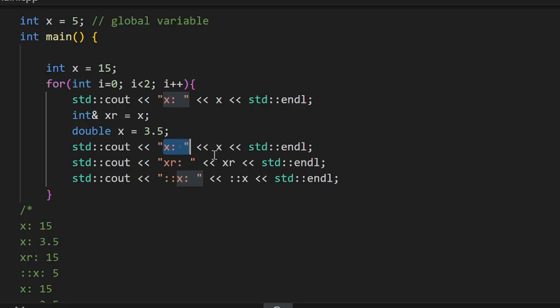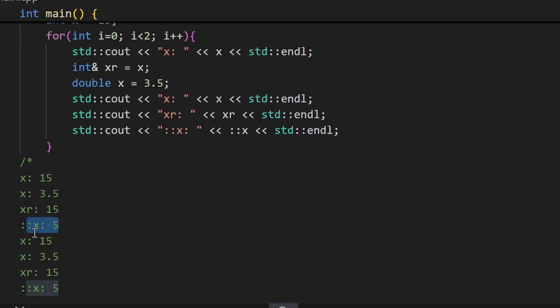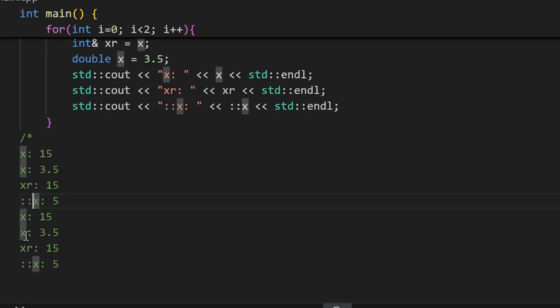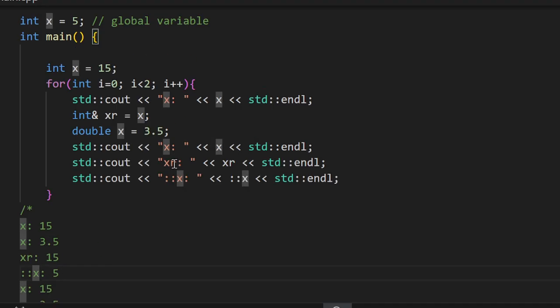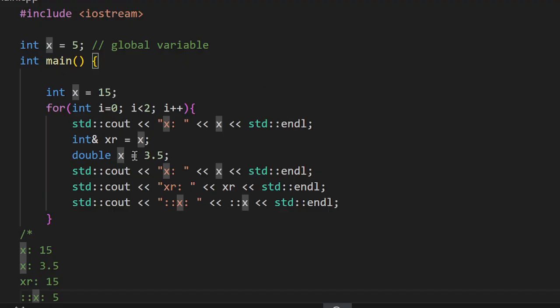And xr is actually a reference to this x, so 15 was displayed, and this is the global access to the global variable. Now again 15, 3.5, again 15 and 5. So this is just an iteration of the loop for 2 times,